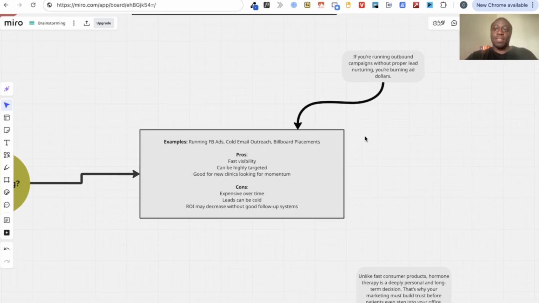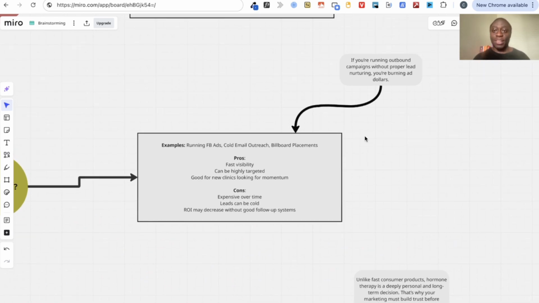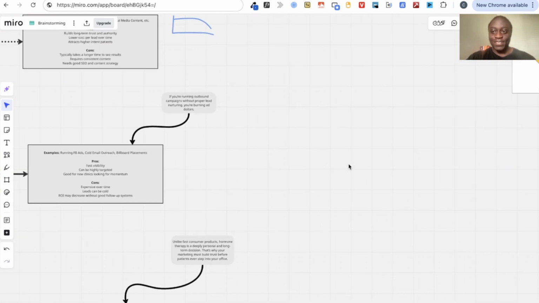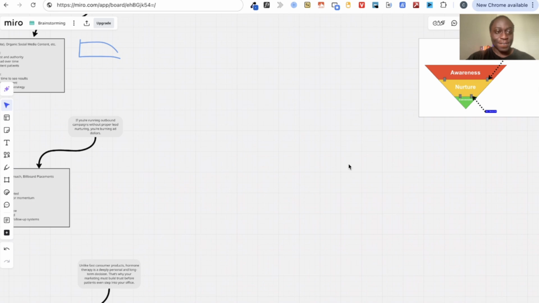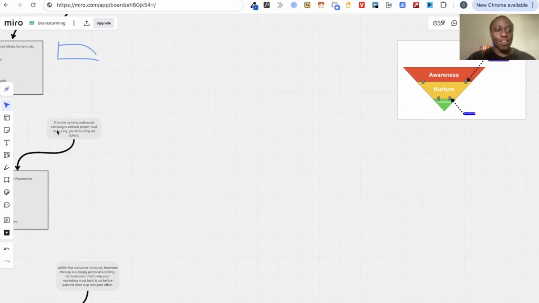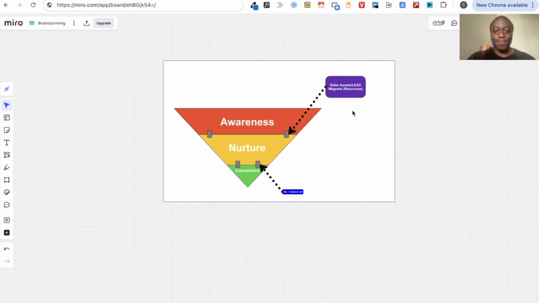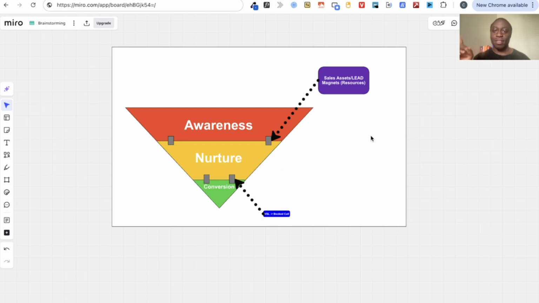So the note right here: if you're running outbound campaigns without proper lead nurturing, you're literally burning ad dollars. And going back to the funnel, in the sales funnel there should be a card right here with a video of me going over this. But essentially, in this nurture phase, which is right here,